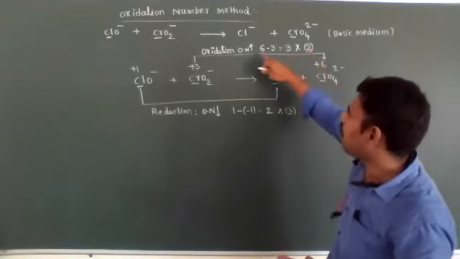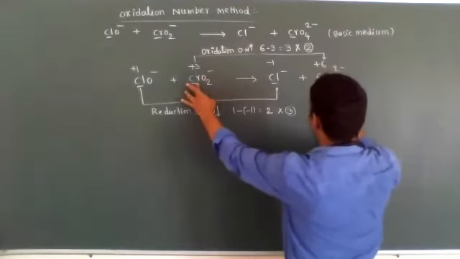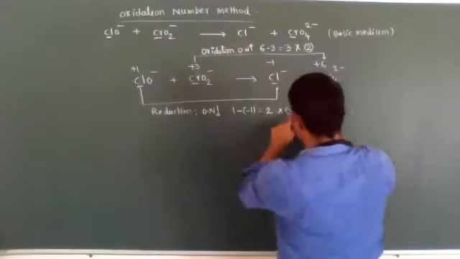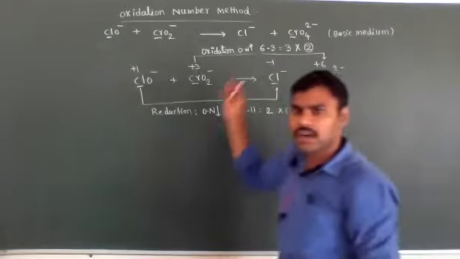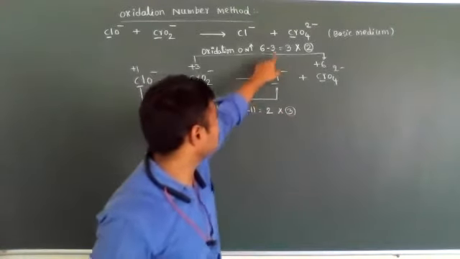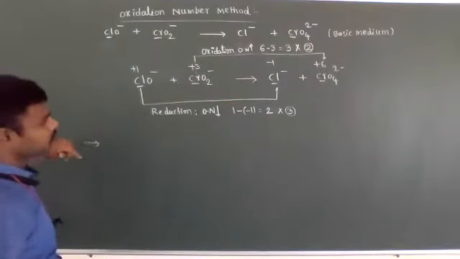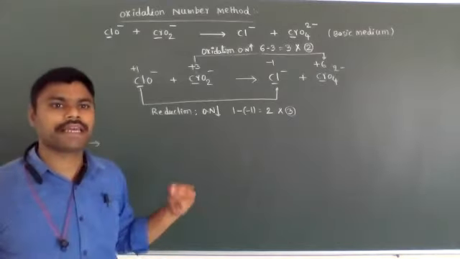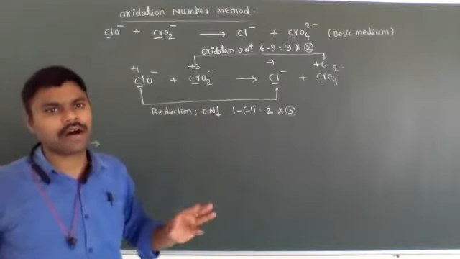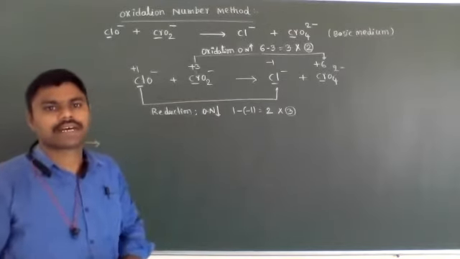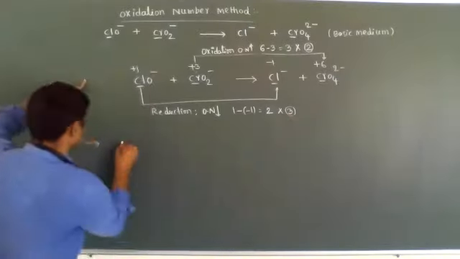That oxidation reaction is multiplied with 2, and the other reaction we need to multiply with 3, because here a 3 value came and here a 2 value came. So just cross multiplication: this needs to be multiplied with 3, this with 2, then we will get one equation showing how many moles of reactants and how many moles of products are formed. In competitive exams they will ask only up to that step, they won't ask for the complete balanced equation.